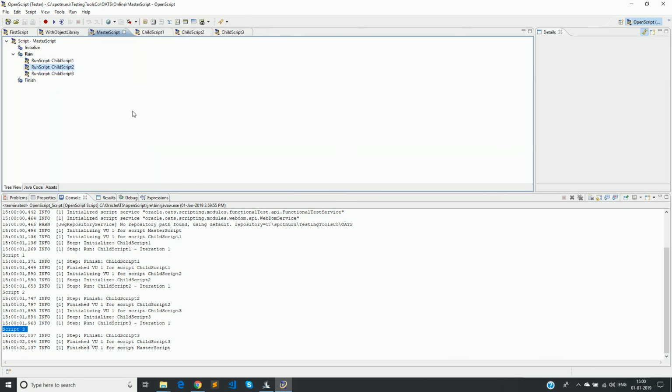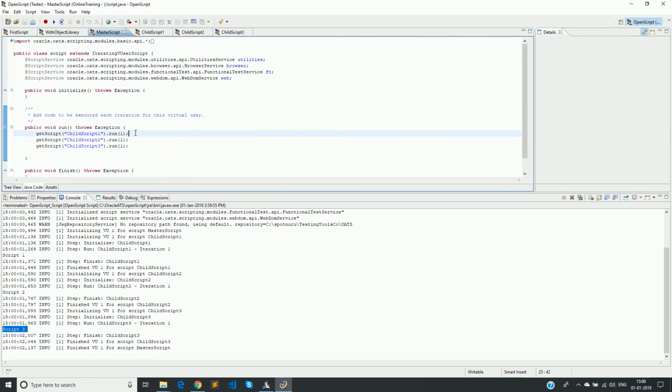So this is how you can actually call another script inside a parent script. This is generally needed when we actually work on the framework where you want to execute only certain set of test cases or certain set of child scripts. So you can write some logic whether you want to execute a particular script or not.